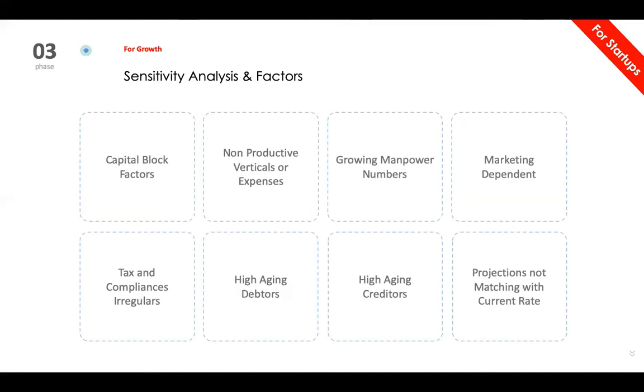So that is something we have to really focus on: what we currently have. We have to show an extension of what we are currently doing. No matter if we are doing low or poor numbers, the point is how we can improve from there. That trend has to be there. If you are a 1-year-old or 2-year-old company, your financials should be given in a trend format, showing that maybe in the first year I did this, and from this onwards, once the pre-money and post-money happen, how the finances will look. If your current run rate is something else and you try to show something else,